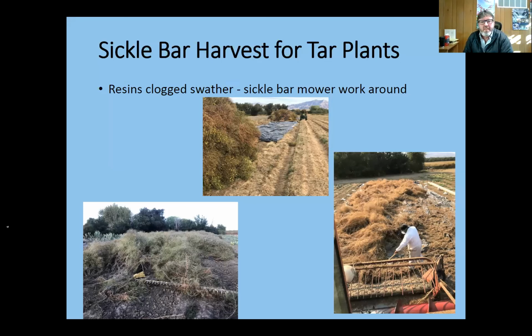But the thing with growing out natives is you have to be innovative, and oftentimes you're asked to grow new things, and with that you learn as you go. Over the last few years, we've been growing out tar plants. They're really hot pollinator plants. They tend to flower late in the season, so they provide important late season pollinator resources.